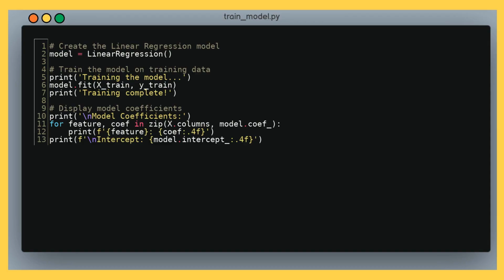Code creates a linear regression model by instantiating the LinearRegression class from scikit-learn. The fit method trains the model using X_train features and Y_train target values, calculating optimal coefficients through ordinary least squares. After training,